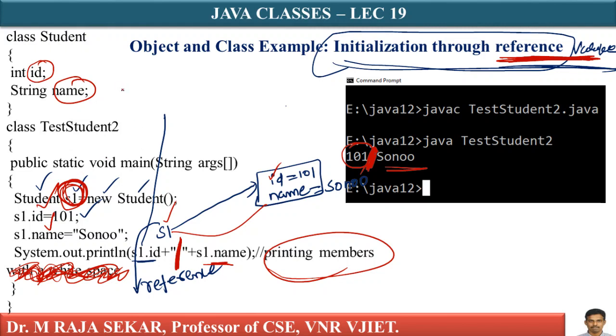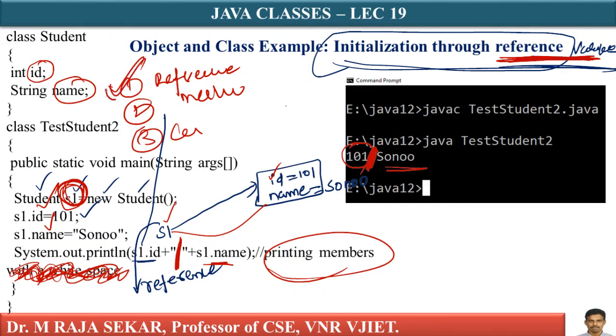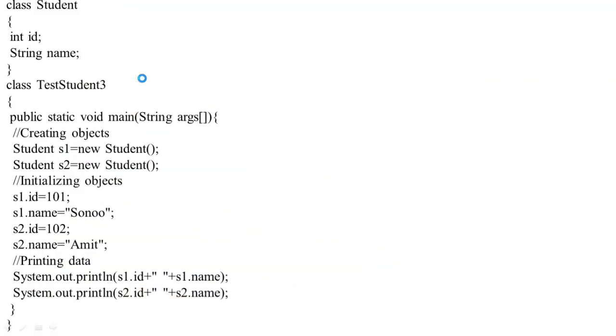What we were discussing in the previous slide, we were saying that an object can be initialized in 3 ways. First one is reference variable. Just try to recall. First one is reference variable, second one is method, third one is constructor. Now I completed this one. We can initialize with the help of what? Reference variable.